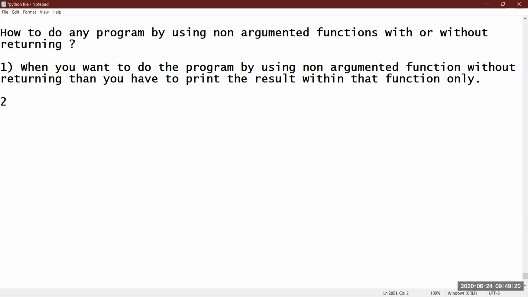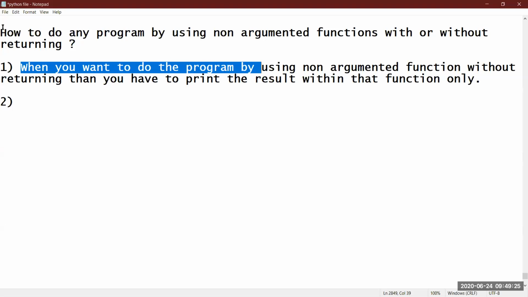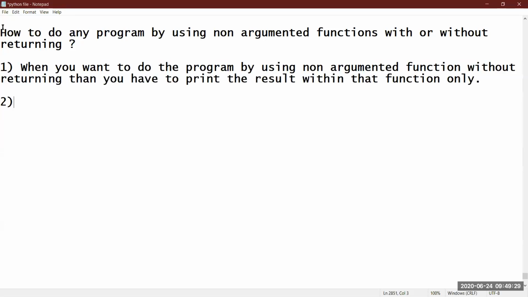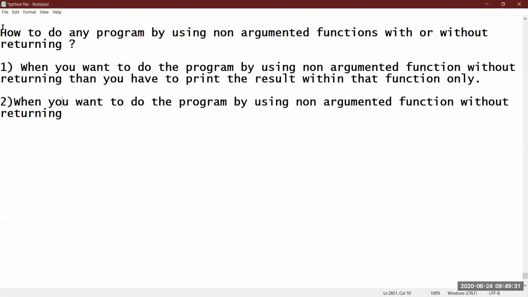Now the second thing. When you want to do the program by using non-argumented function with return value, जो return करता हो, then we can print the result there.